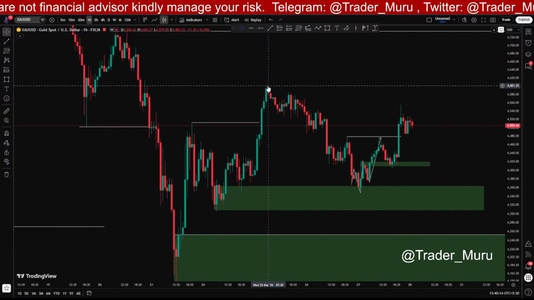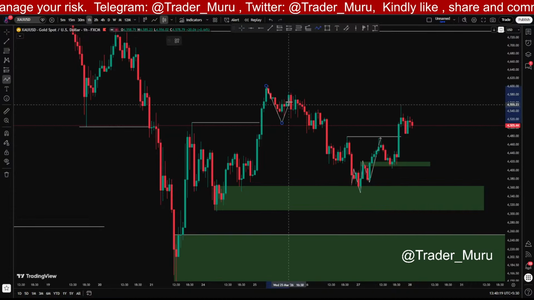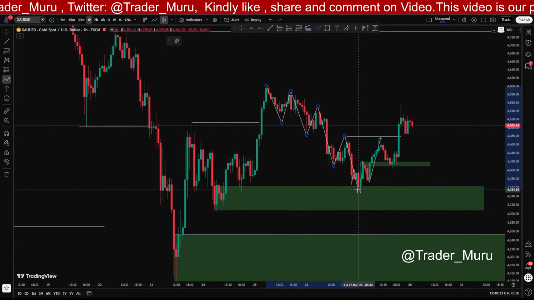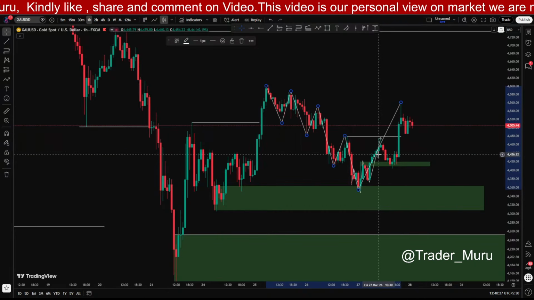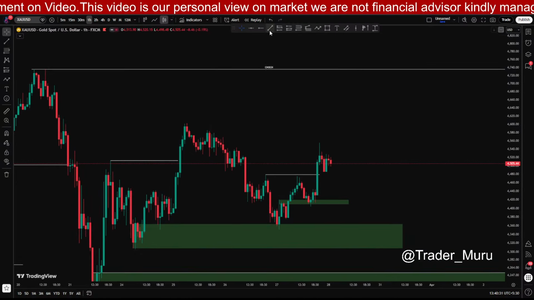The 4-hour time frame has hit target. Now it was retracing and creating lower highs, lower lows, and recently we have a new change of character. So it is indicating that now this 4-hour high can break,